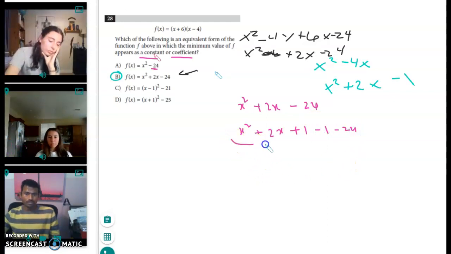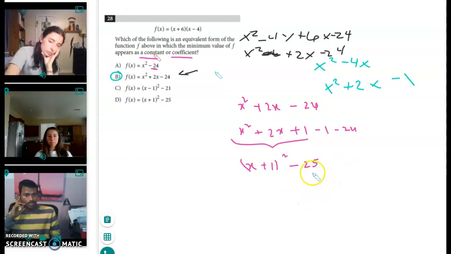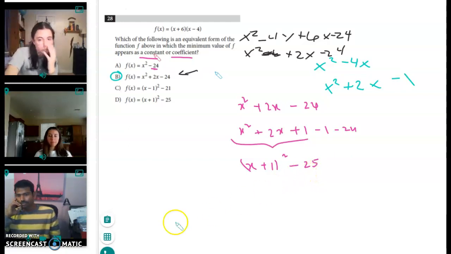So this is up there. I can write it as (x + 1) squared minus 25. Okay? So if you look at it, in this case, what's the minimum value of f? What is the minimum value of